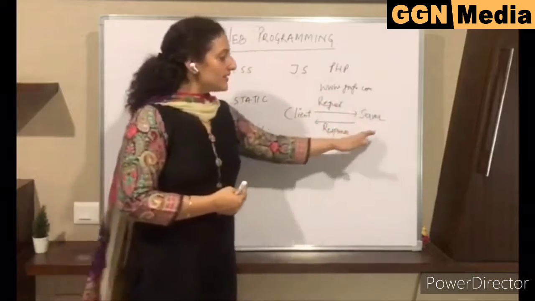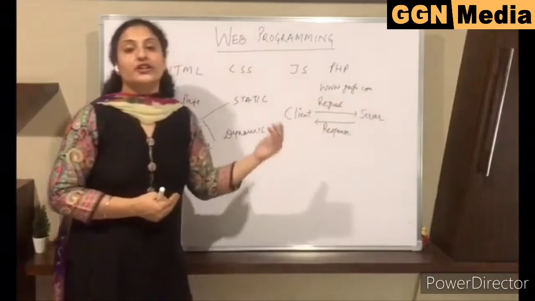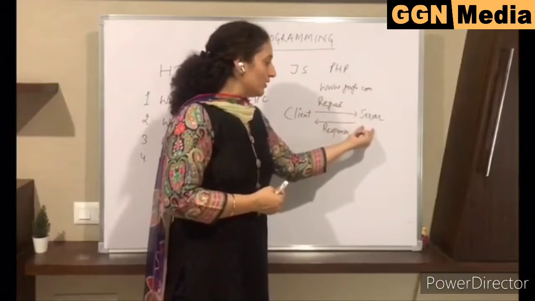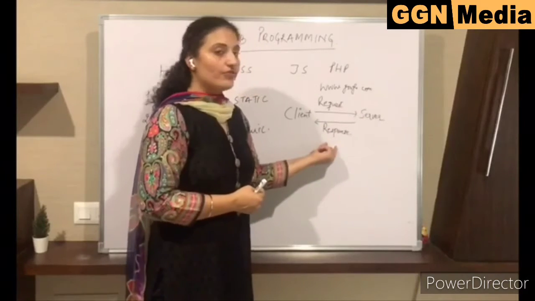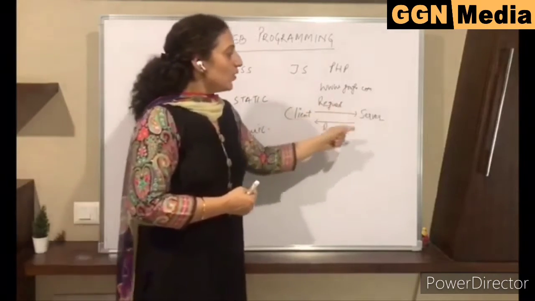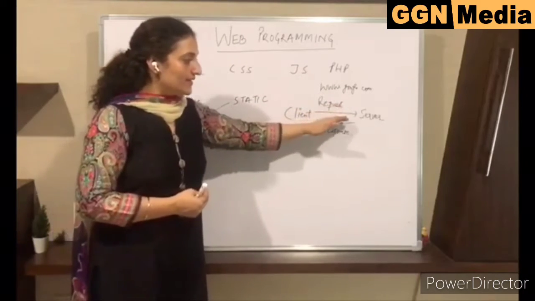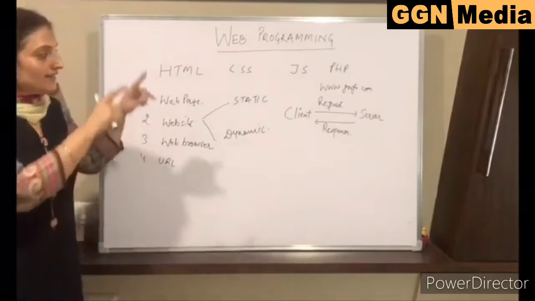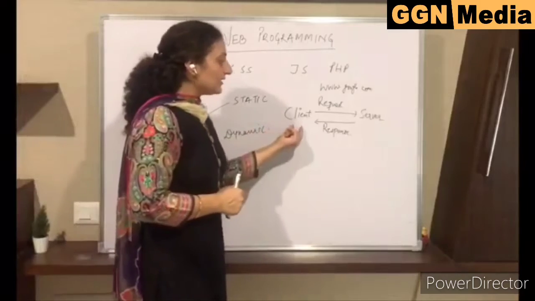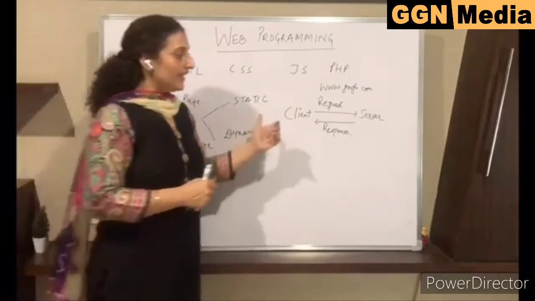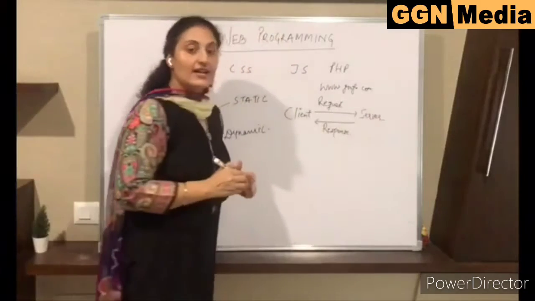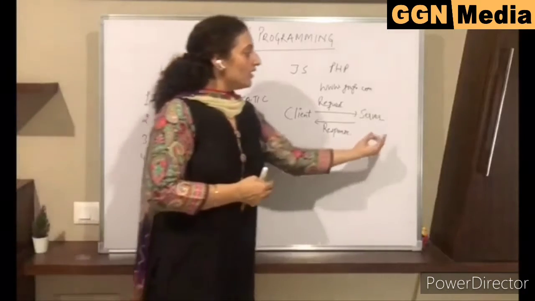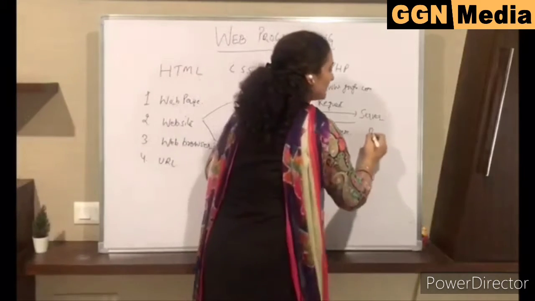On receiving, the server processes the request. What it means is that the server searches for this particular page and returns the desired page in the form of a response to the client. This is the whole circle: the client sent the request, and the server processed the request and sent the response to the client. But in this whole circle, the client is completely unaware of what is happening on the server side. The client is completely hidden from the details of processing on the server side. That is why the server is called backend